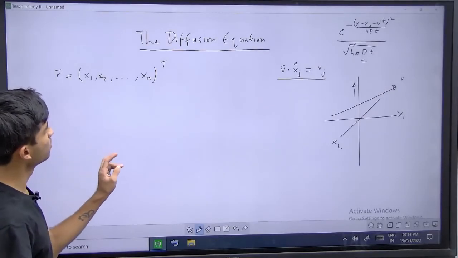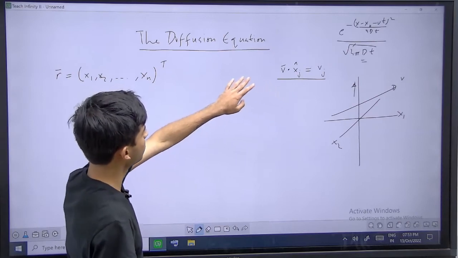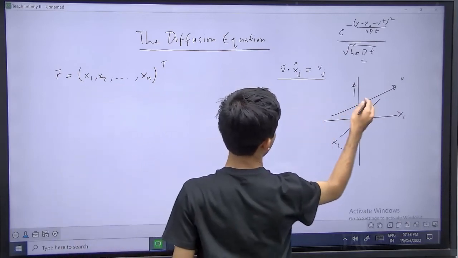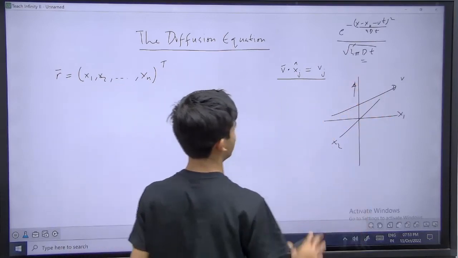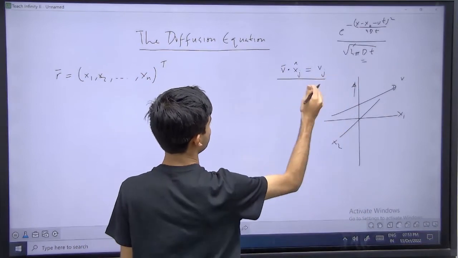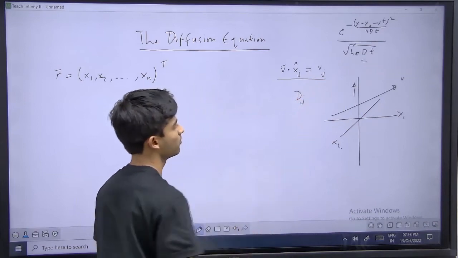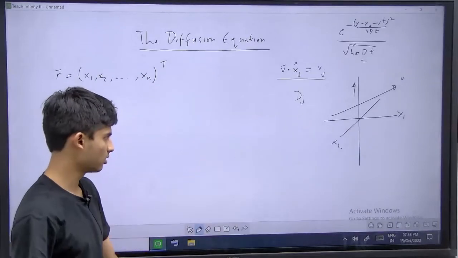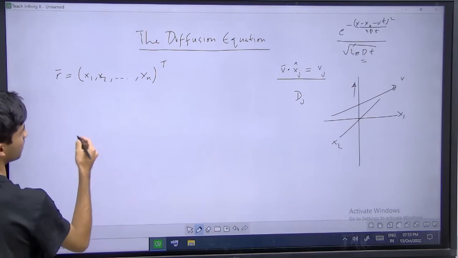And D for the jth, so you can have this diffusivity tensor or something like that, but for now, for simplicity, I will write Dj as the diffusion coefficient for the jth direction,